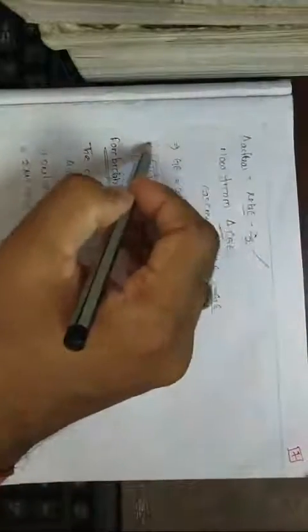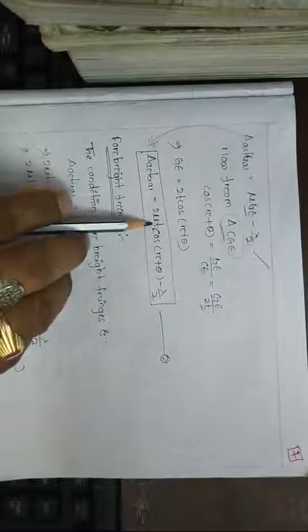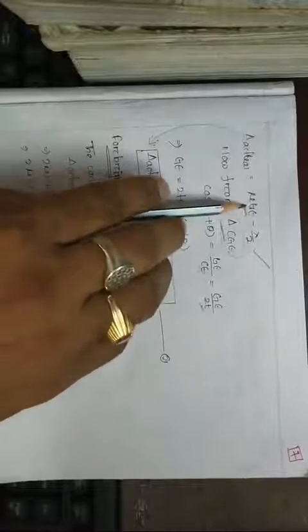Okay. Now here, the actual delta will be 2T times... instead of GE we can write 2T cos(r plus theta). So this will be 2 mu T cos(r plus theta) minus lambda by 2. That is equation number 2.